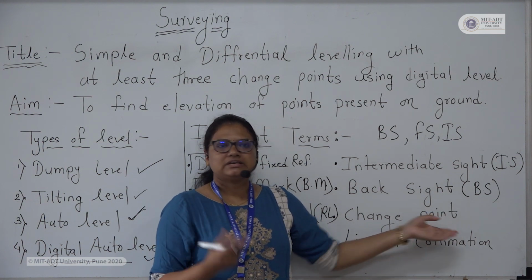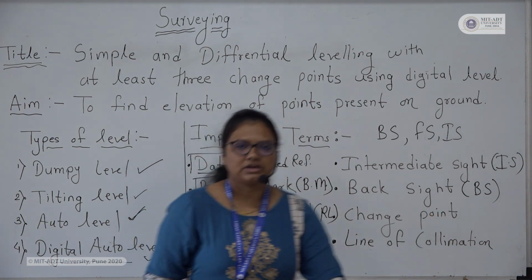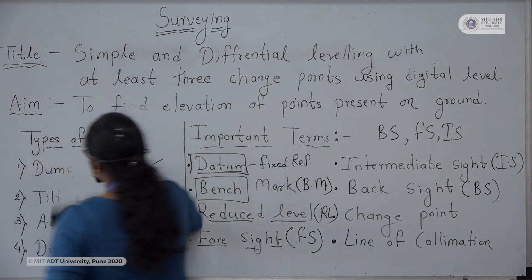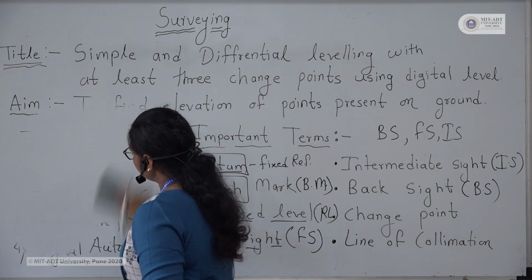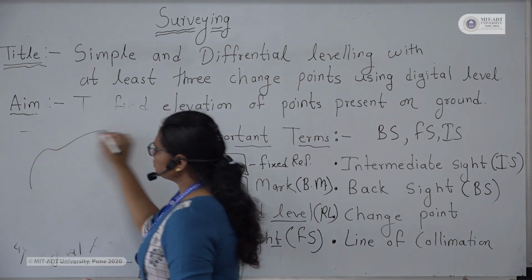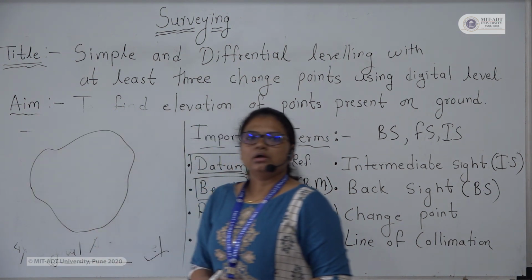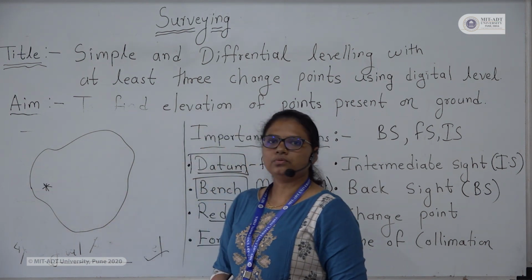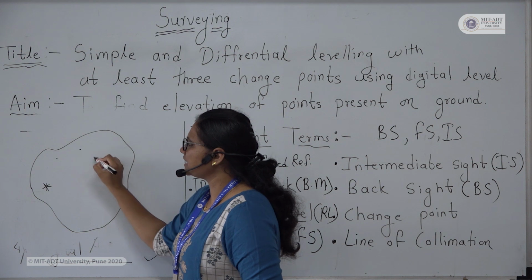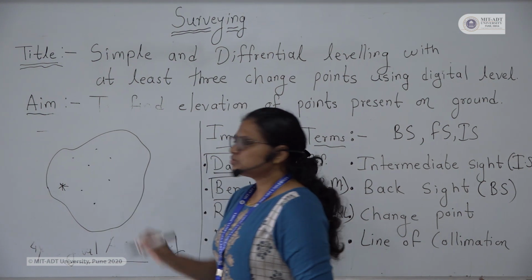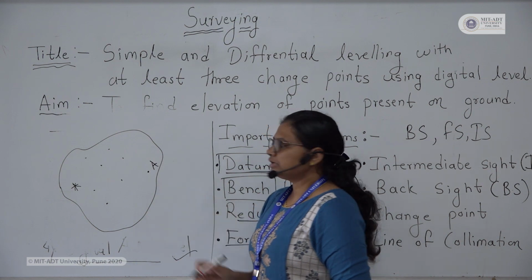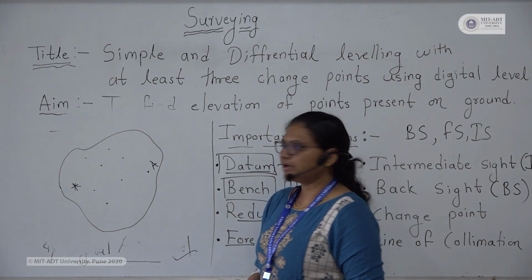So whenever you are dealing with the surveying work, suppose you are having an area, so suppose this is your ground, and in this ground suppose you are standing at this point. Now from this point the points which are visible are like this, and suppose there is one point for which I have to take the reading. So suppose for this point A,